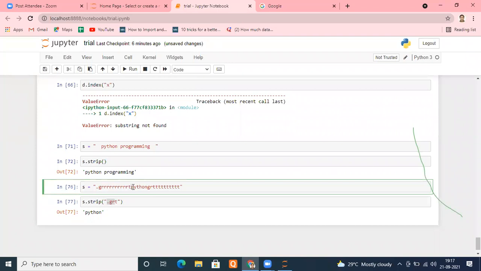Now it looks at the bottom, where strip says the characters that we want to remove. P is there or not? Tell me, please. P is not there. So it will immediately stop removing from this end. It will stop here. It won't remove any character from the left hand side now. All the characters left of the P will be removed and it stops at P.